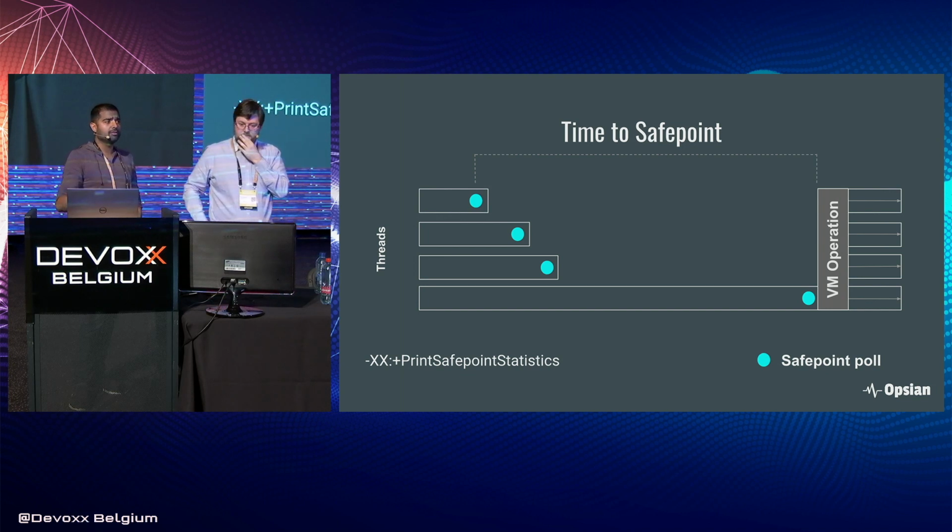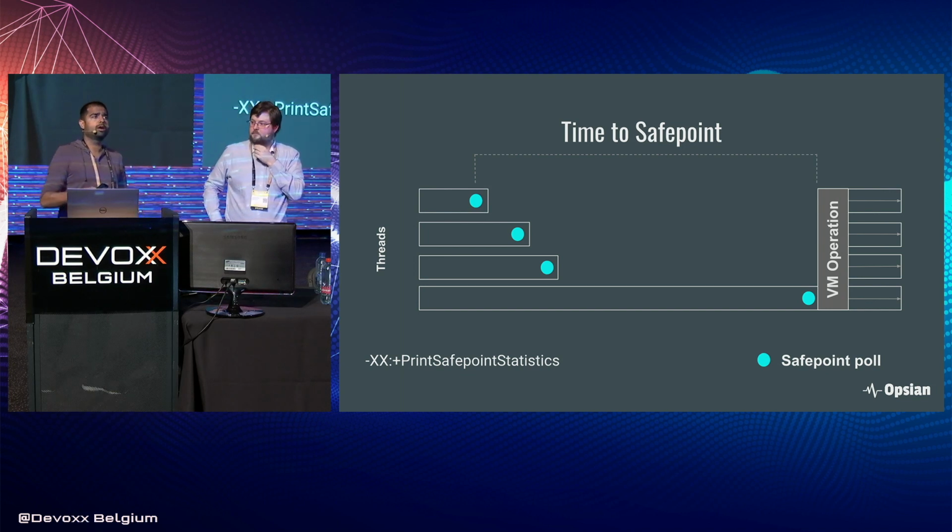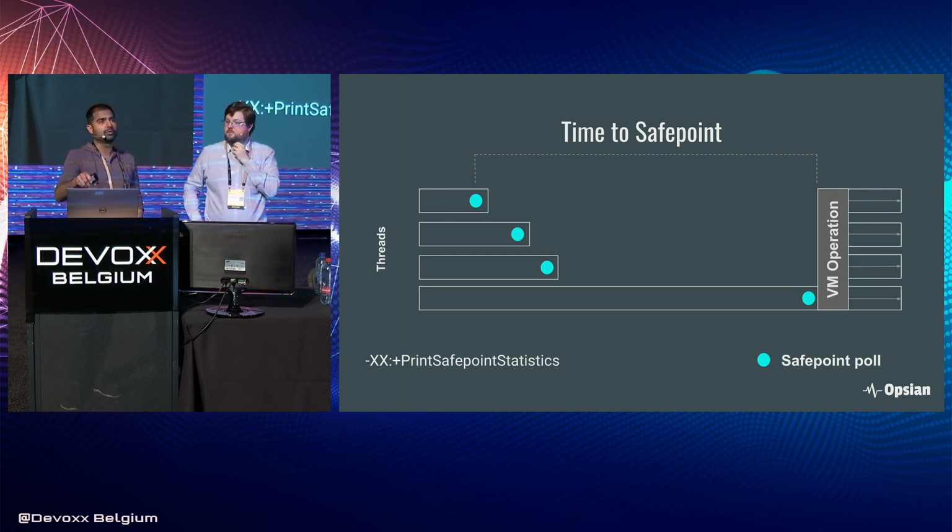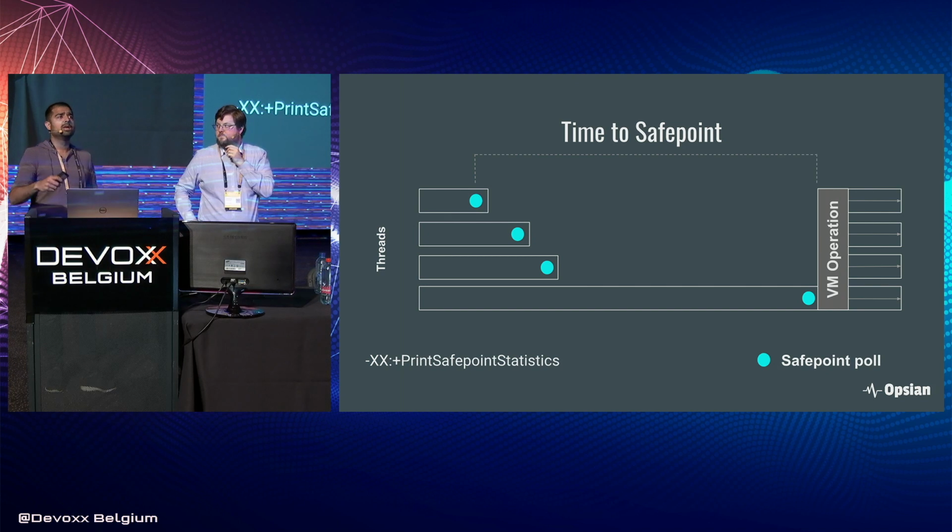So with a naive profiling approach in the JVM, you end up with a system that has significant bias in the data it gives you, but also the actual performance implications of safe points mean that you're limited in the sample rate that you can take. Sample at too high a rate and you start introducing too much jitter and latency into your system, and the overhead becomes too high.